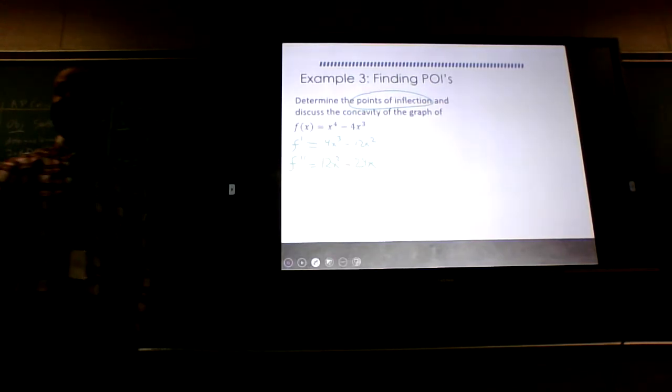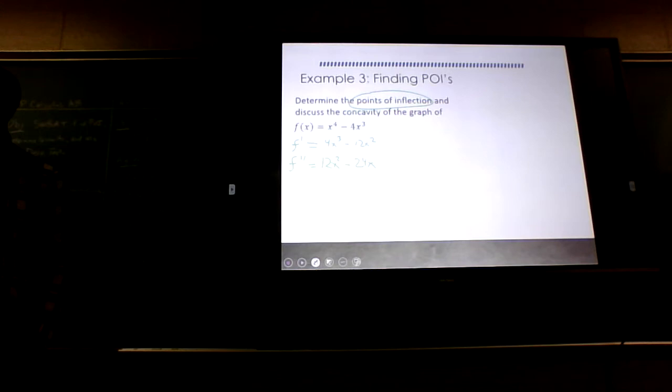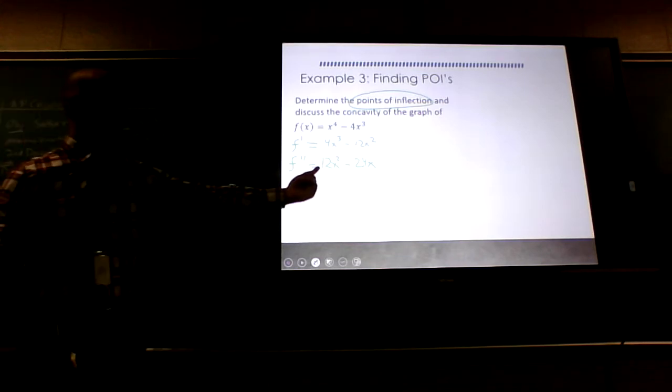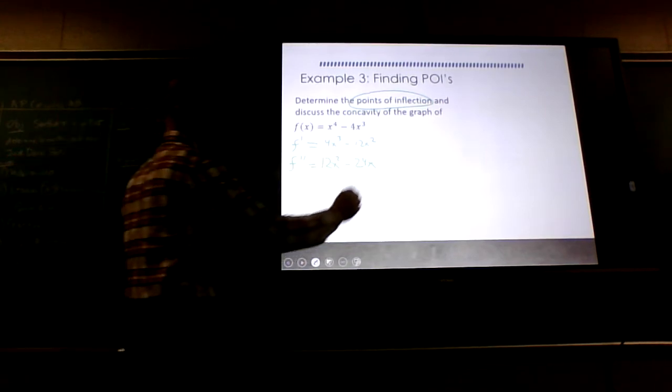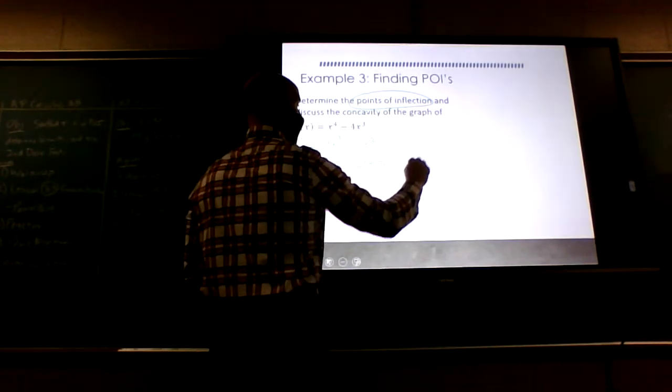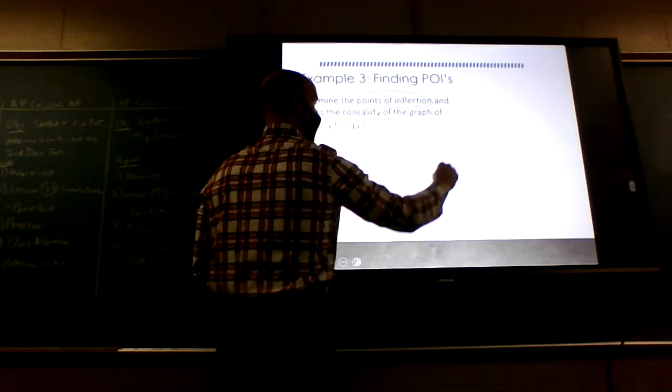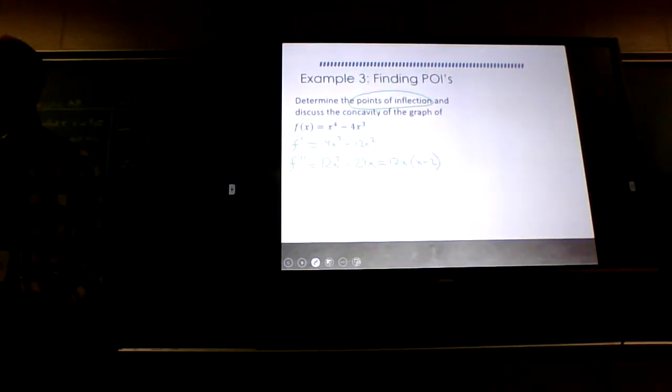Now, this is the second derivative, but guess what I would encourage you to always do when you're doing these without a calculator and by hand? Factor them. Can this be factored? Well, of course, right? Would you agree that both terms have a 12 in them and both terms have an x in them? So this could be rewritten as 12x times x minus 2. And we want to set this equal to